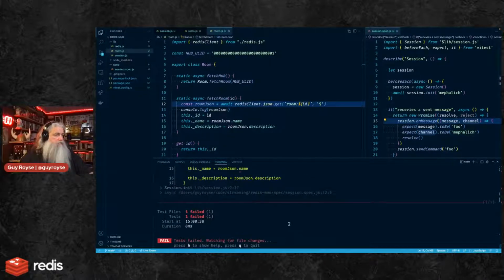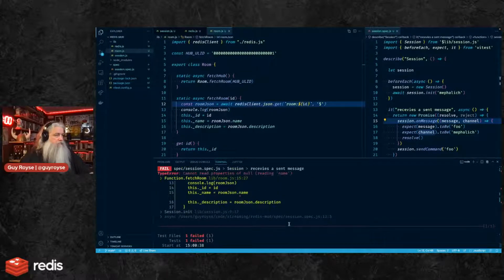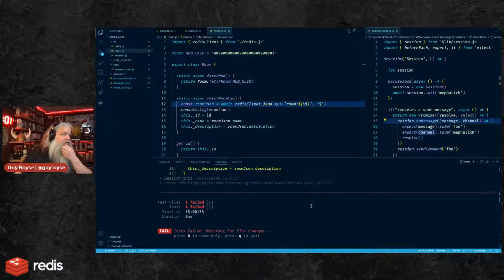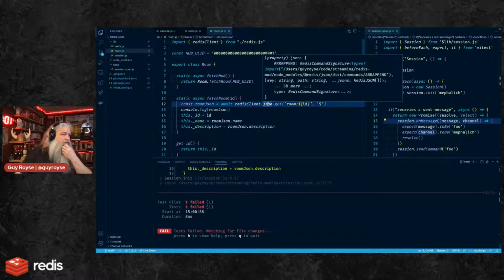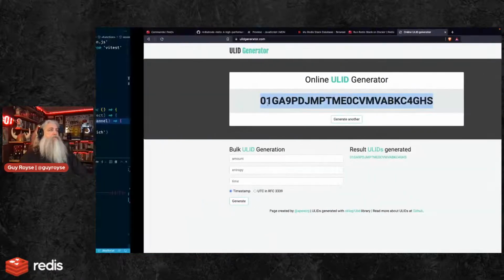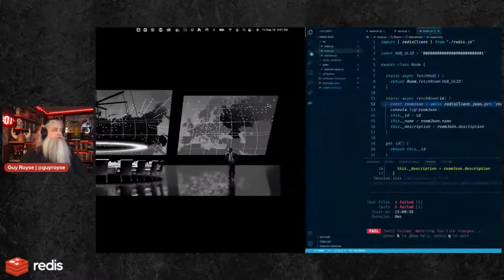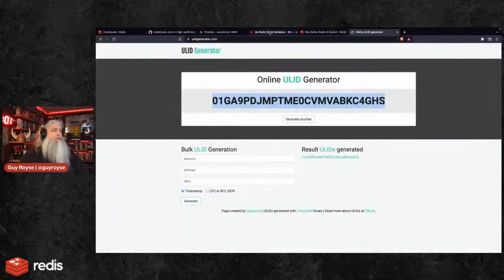Let's see. I didn't think that would return null if the key was empty. Oh, what does Redis JSON do when we hit that in Redis Insight?